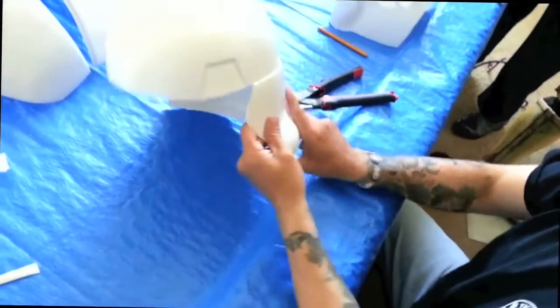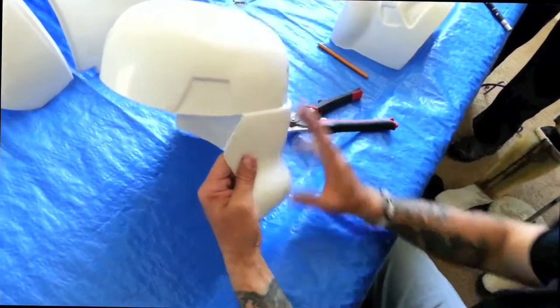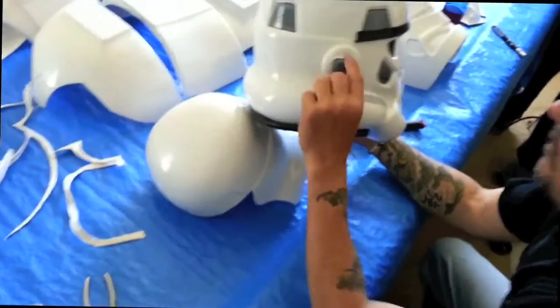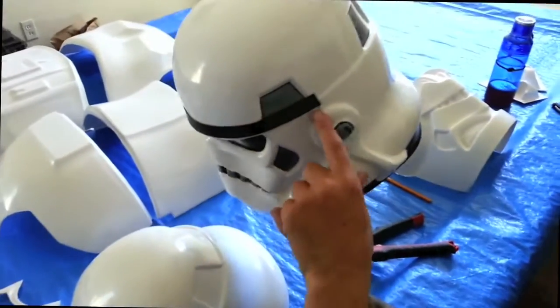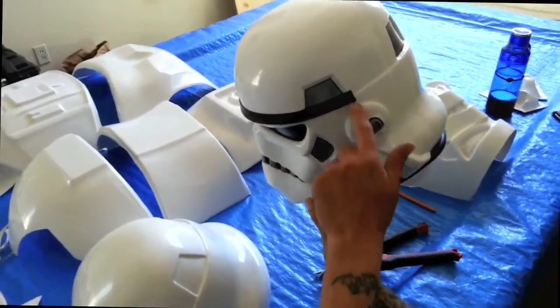So there you go. And again, you're going to have to sand it down right in here, because the ear will leave a little bit left out. Same helmet. The brow trim, you're going to see just a little bit. So you want to make sure on here, once you're done, that you